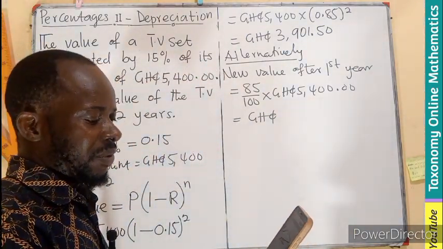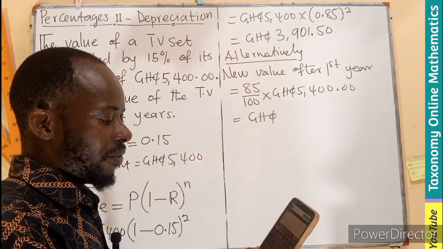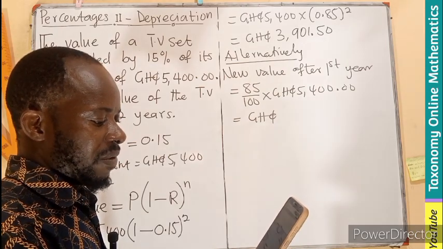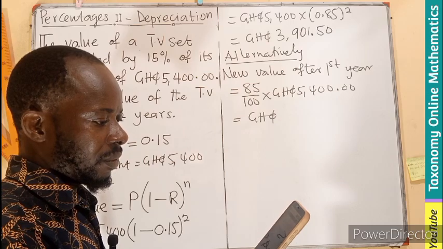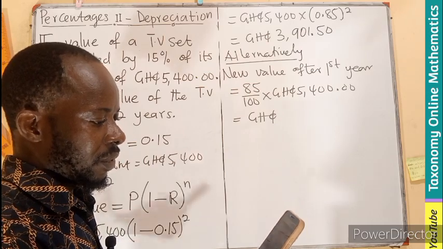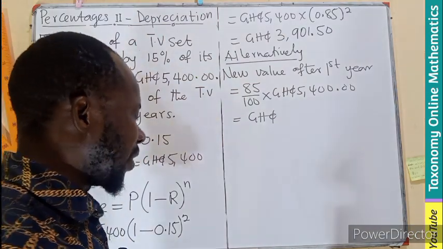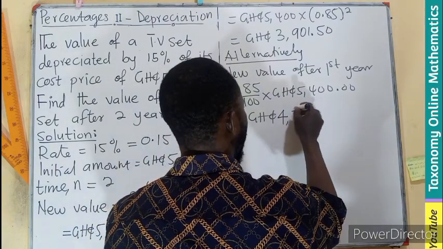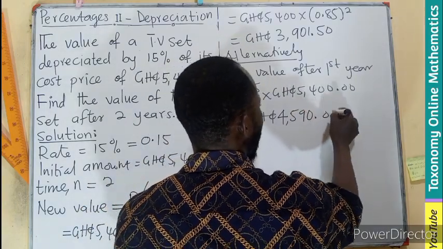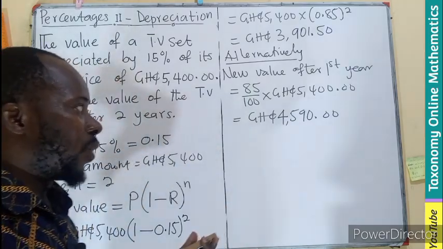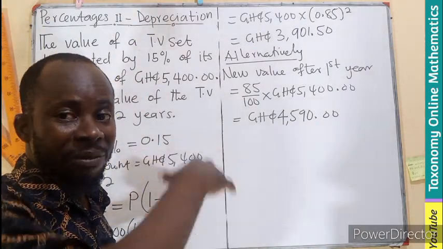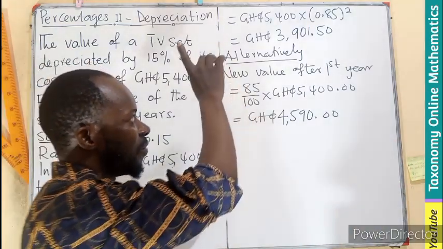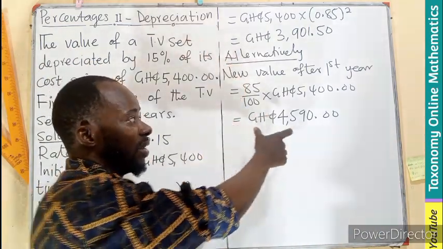So 85 times 5,400 divided by 100. So this will be giving you 4,590 Ghana cedis. So this is what the new value will be after 1 year. The first year, the value will depreciate from 5,400 to become